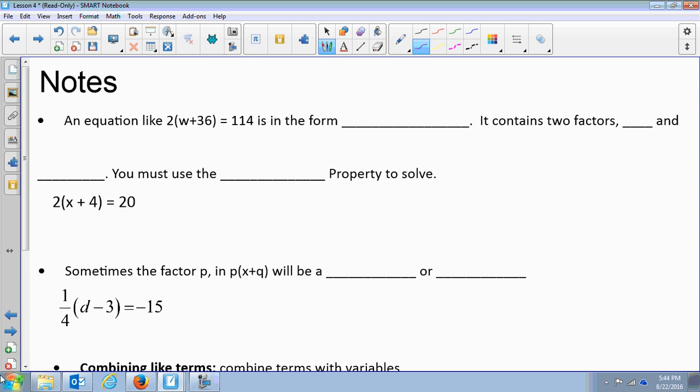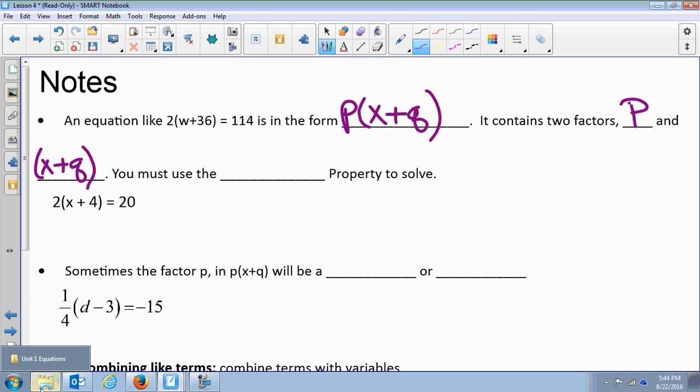Alright, on today's notes, we're going to learn that an equation like 2 times x plus 4 equals 20 is in the form of p times x plus q. It contains two factors. The first factor is p. The second factor is your x plus q. You must use the distributive property to solve, okay? So whenever I see this form p times x plus q, I'm going to think distributive